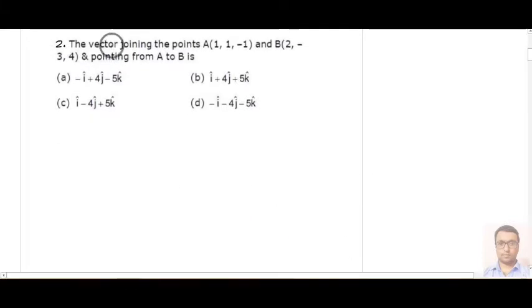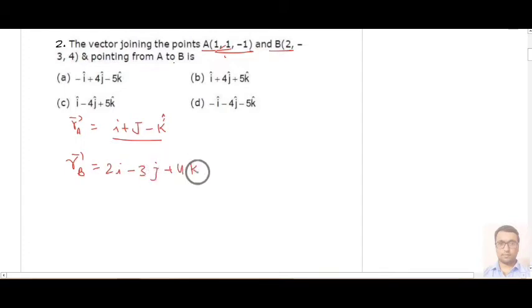In next question we have that 2 points A and B are given, their coordinates are given. First of all we will find the position vector of A and it will be equal to i plus j minus k. With the help of these coordinates we can determine its position vector. Then for vector B we will write 2i minus 3j plus 4k. Now we have to determine another vector which is pointing from A to B,